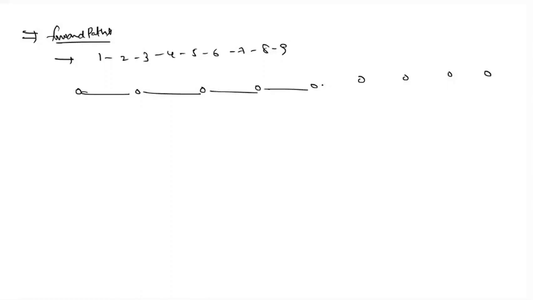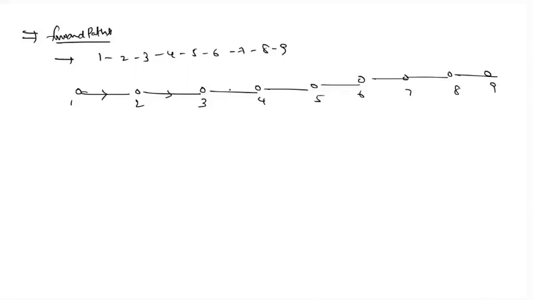The first forward path is the main line, which is 1, 2, 3, 4, 5, 6, 7, 8, up to 9. Node 10 is not included, so up to 9 we get the main forward path. In this main forward path, what is the equivalent diagram? I'm going to mention it in the notes: 2, 3, 4, 5, 6, 7, 8, 9. Guys, this is a very, very important problem. Yesterday, whoever did not listen, just concentrate. 1, 2, 3, 4, 5, 6, 7, 8, 9.